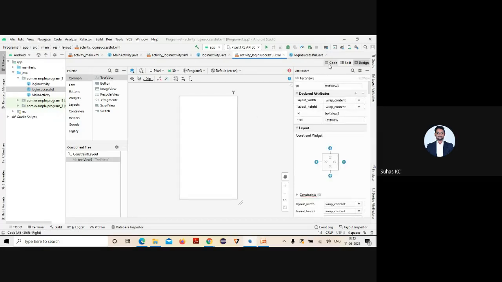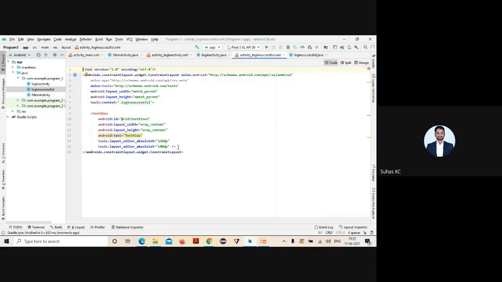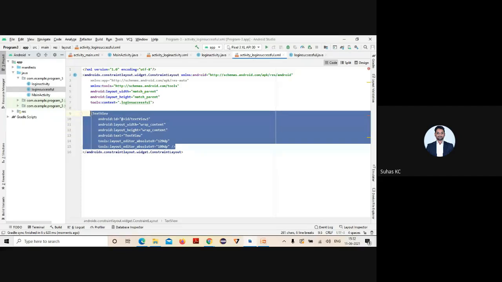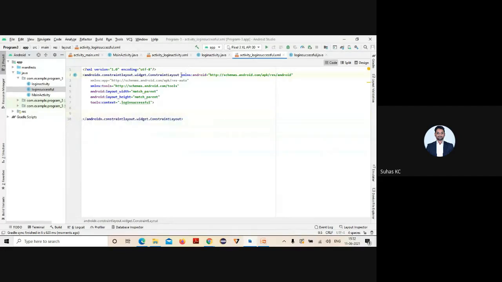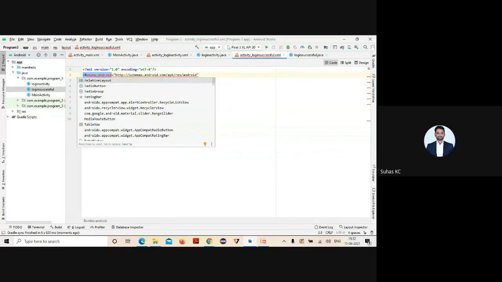Before that, before designing, what should you do? Change the layout to relative layout.